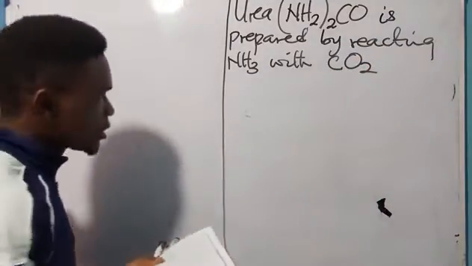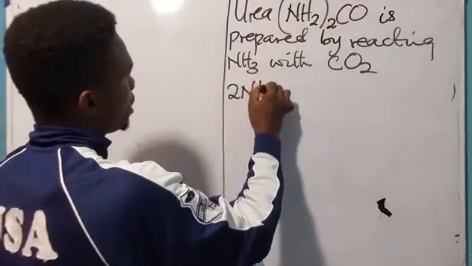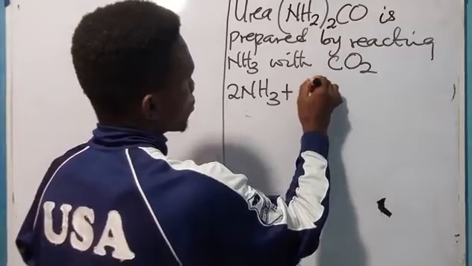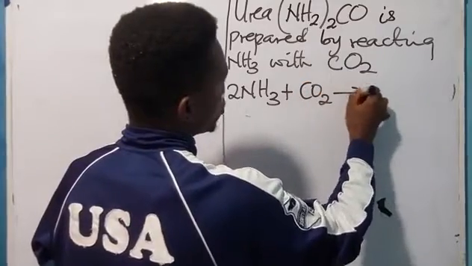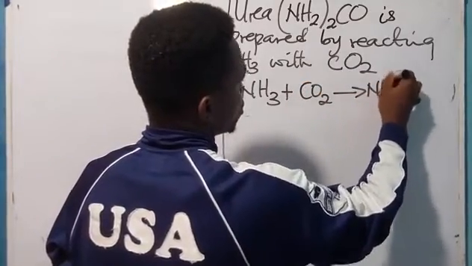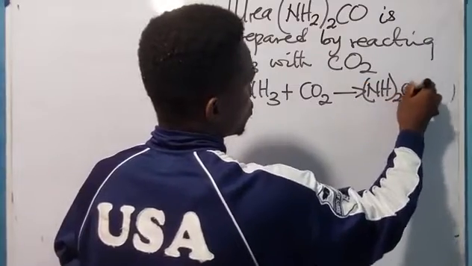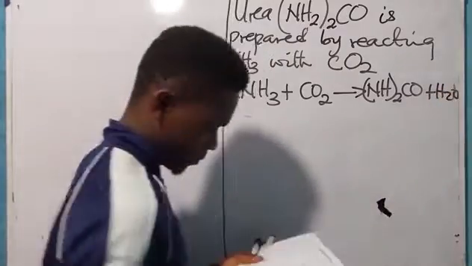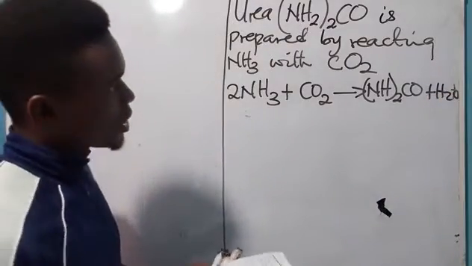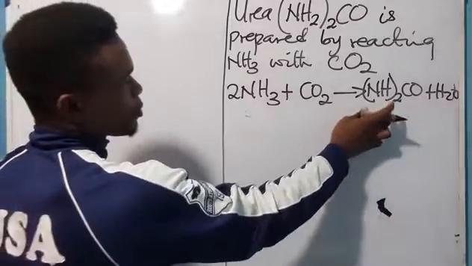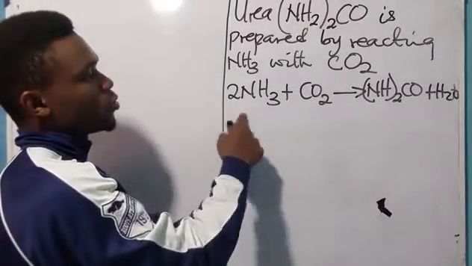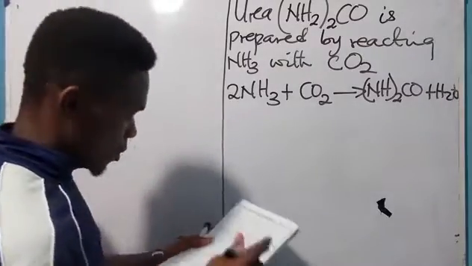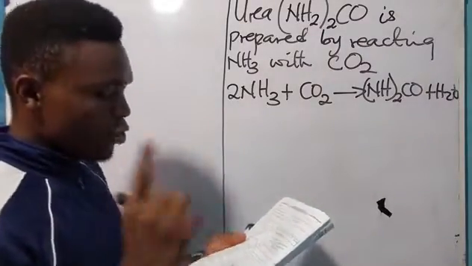As given here, it said 2NH3 plus carbon 4 oxide. This will produce NH2CO plus water. Yes, that is what this urea produced when ammonia was reacted with what? Carbon 4 oxide. Now they said in one process,